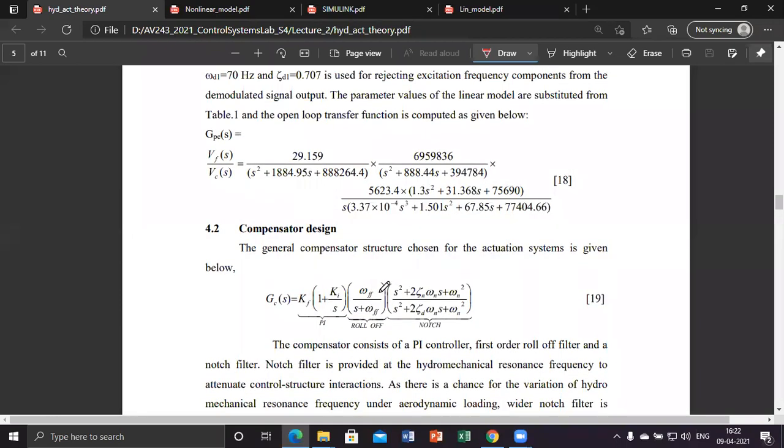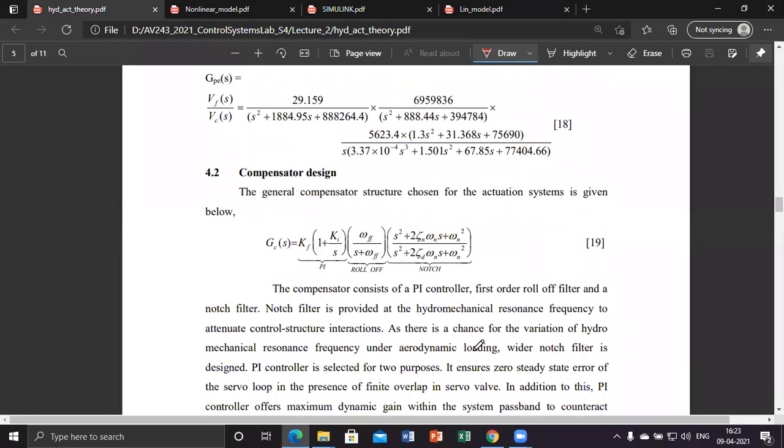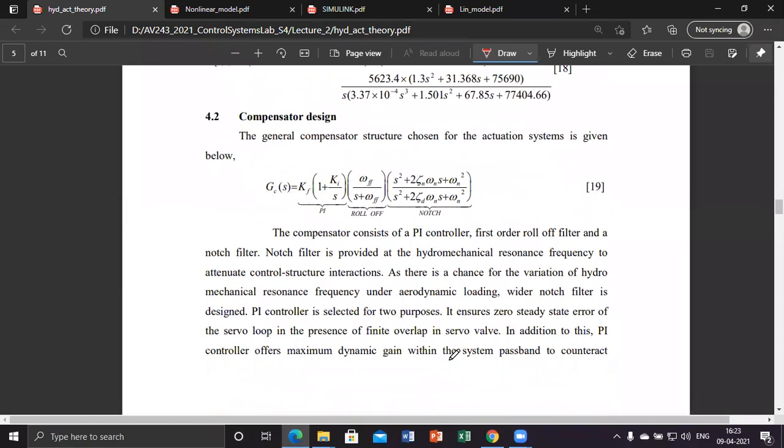And we are giving a compensator, and explanation for different compensator elements are also given. It's a PI control with a roll-off filter and notch. And notch is used to compensate for a hydraulic resonance. Yesterday I was telling, some resonance between the hydraulic stiffness and mechanical element stiffness and the inertia of the control surface, around 36 Hertz it is there. That is cancelled approximately by the notch filter.